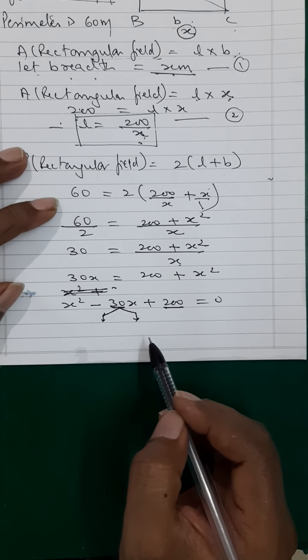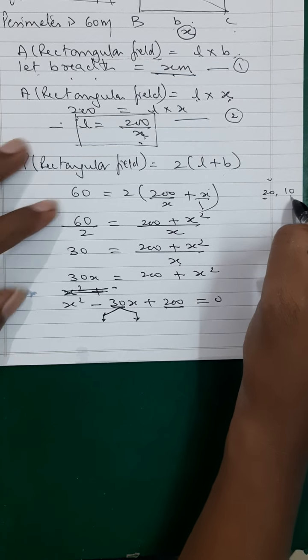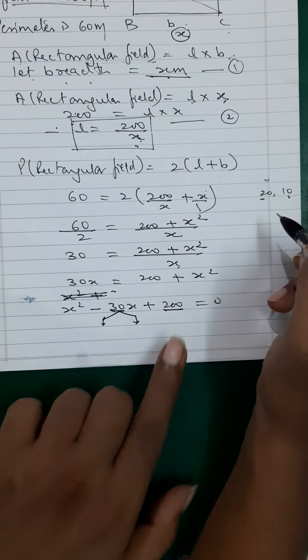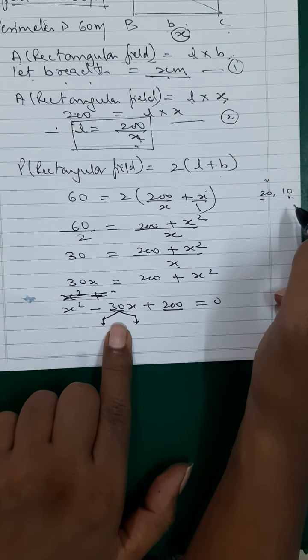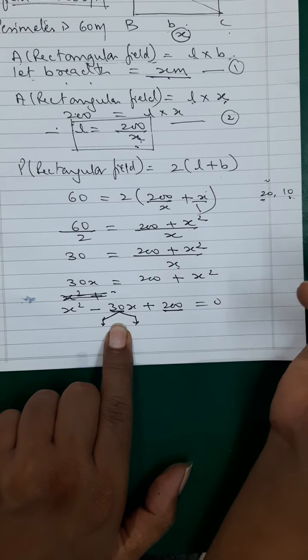Multiplication should be 200. 20 into 2. 20 into 10. Say 20 and 10. If I multiply the two numbers 20 and 10, they will become 200. And if I add the two numbers, they will become 30. But then now that's not over. That is only one small step.